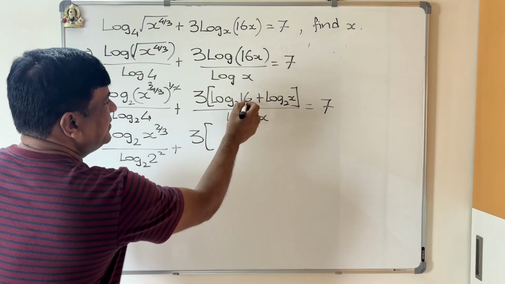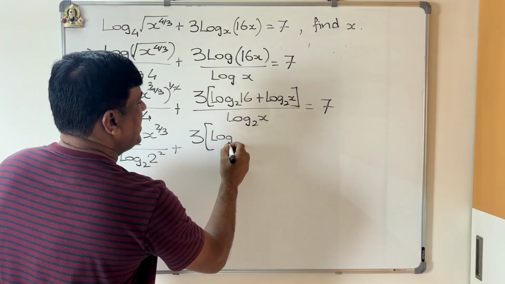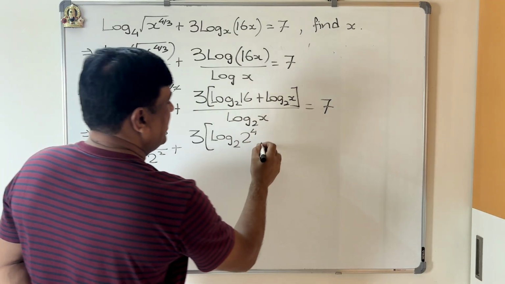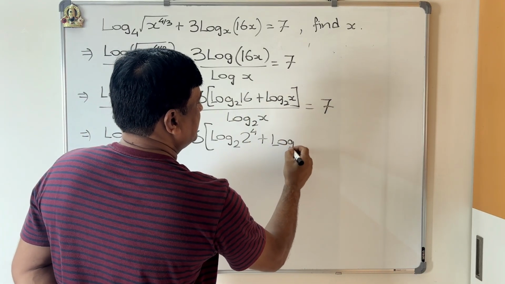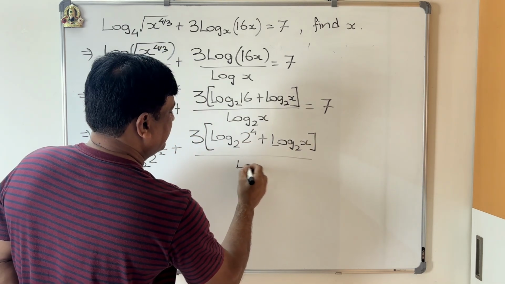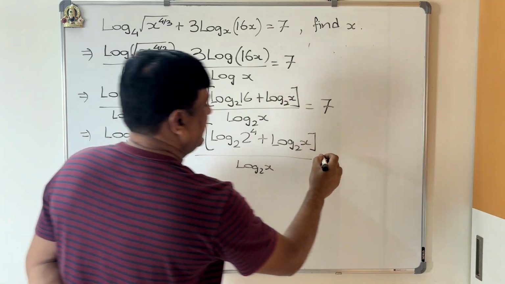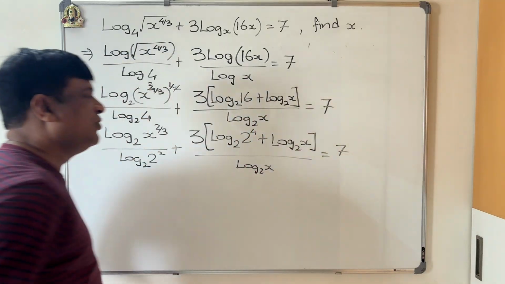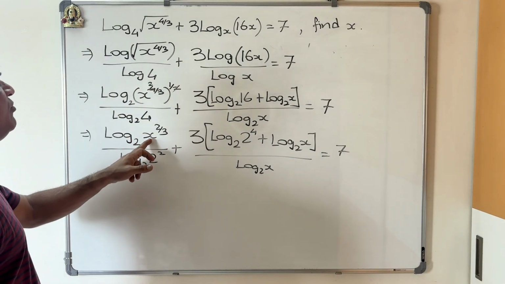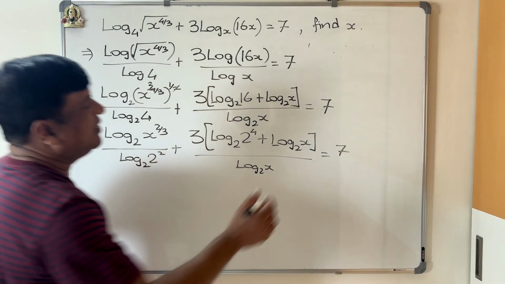3 times this 16, I can write it as log to the base 2 to the power 4, plus leave it as like this, and this one leave it as like this, is equal to 7. Okay, got it? Did I simplify? Now we know another rule, that when you have a power over here, you know this rule,